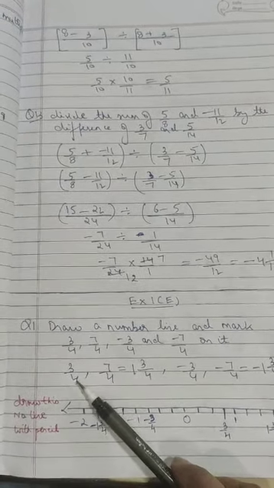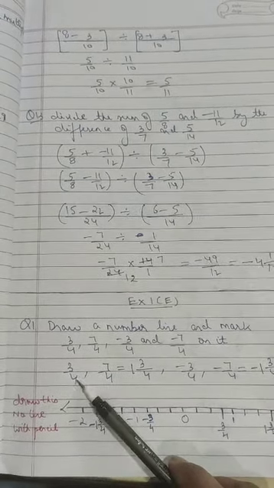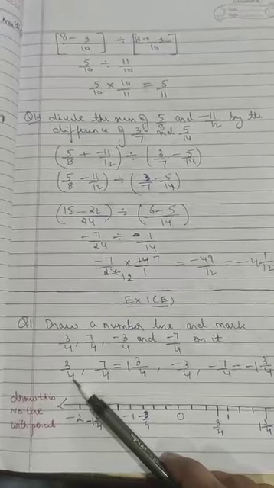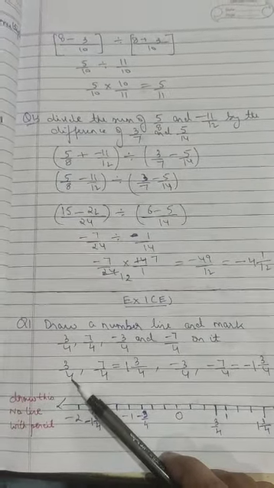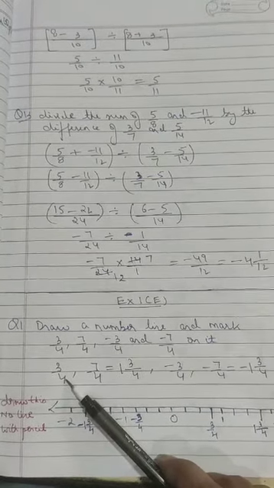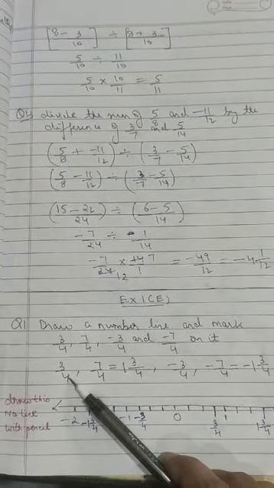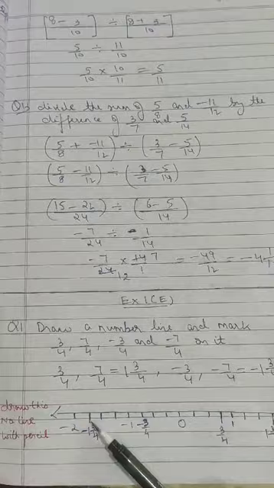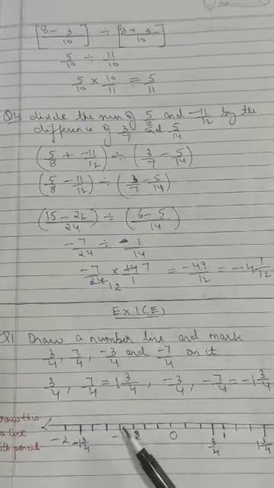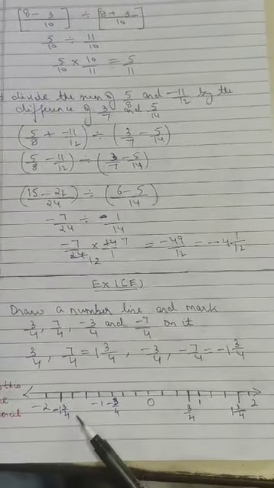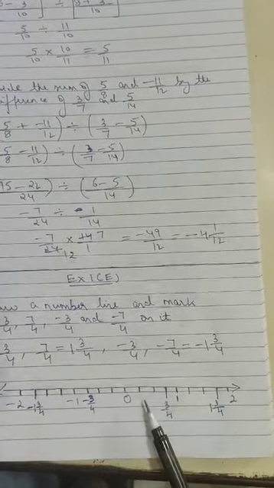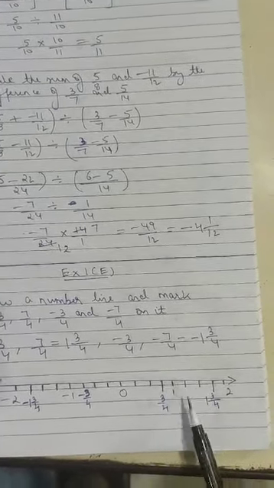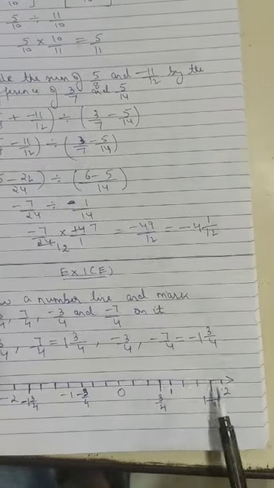So if we have 4 in the denominator, whatever number is given in the denominator, we are going to draw one line lesser than the number which is given in the denominator. Suppose 4 is given, so 4 minus 1, that is 3. So we are going to draw 3 lines inside all the boxes. 3 lines between minus 1 and minus 2. 3 lines between 0 and minus 1. Similarly, 3 lines between 0 and 1. Similarly, 3 lines between 1 and 2.